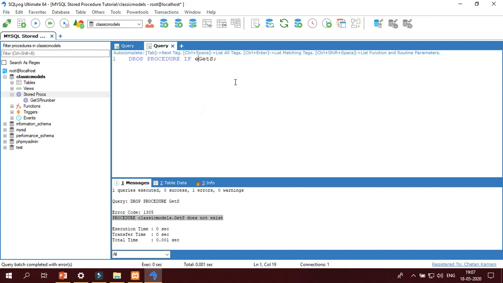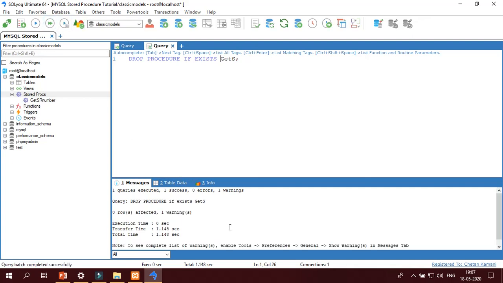And if you use IF EXISTS, then it will not generate an error. That is the difference. If you have no idea whether this procedure exists in the database or not, then you have to write IF EXISTS. When should you write this?